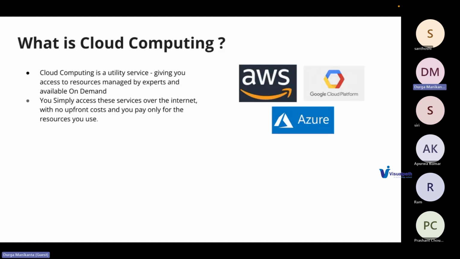If you take America, they have more than six regions. Europe has again three to four regions. Even the Middle East, then Asia Pacific, Australia. Everywhere we have AWS regions and the respective availability zones. So you simply go, choose what server you need, what CPU and memory you need, what storage you need, and just get started. And also you pay based on usage.